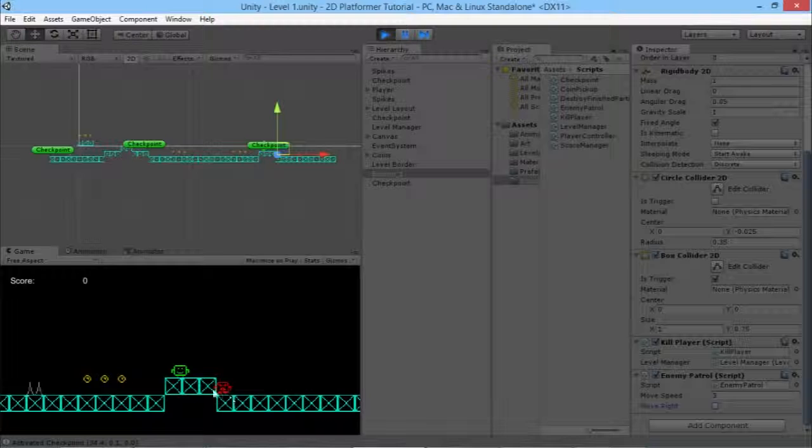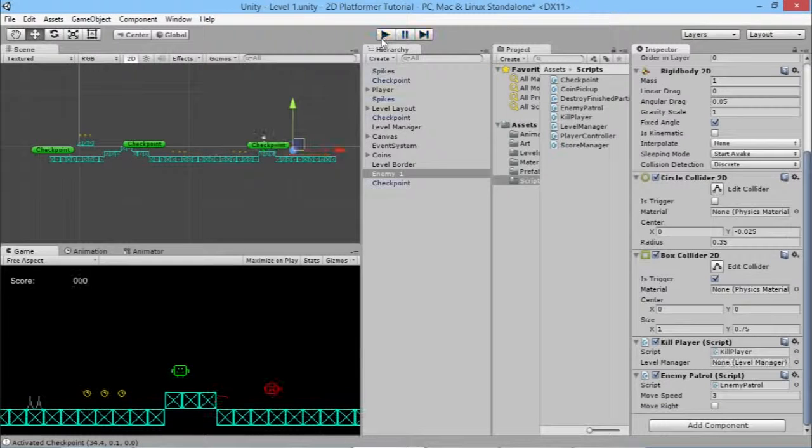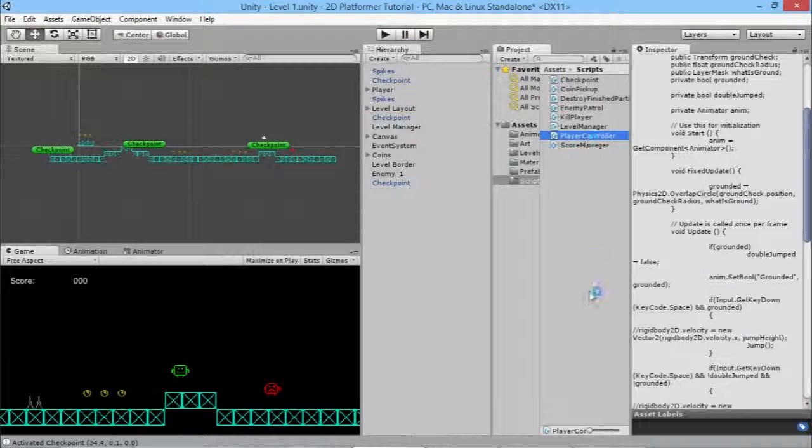But we don't want him to just move into walls and then stop. We need a way to make sure that he will turn around when he hits a wall and go the opposite way. So a very simple way to do that is much the same way we checked for the ground with the player, we can check for the wall with this guy. So we'll open our player controller script